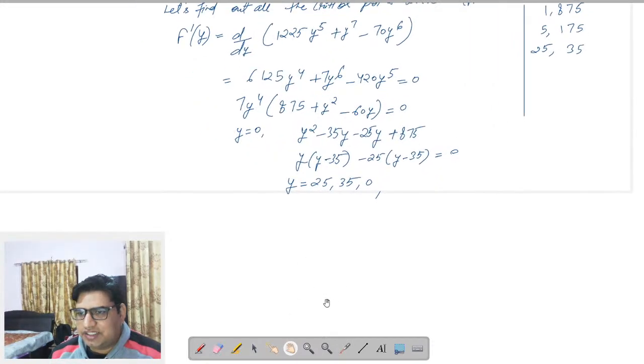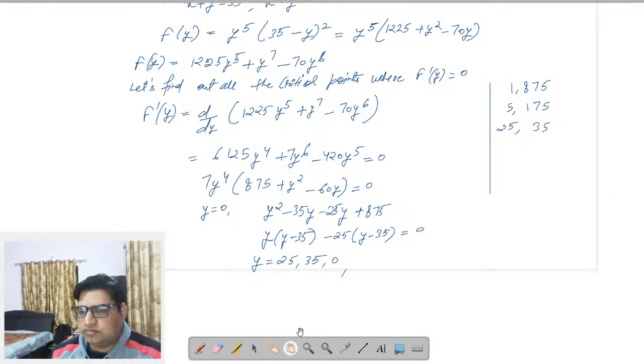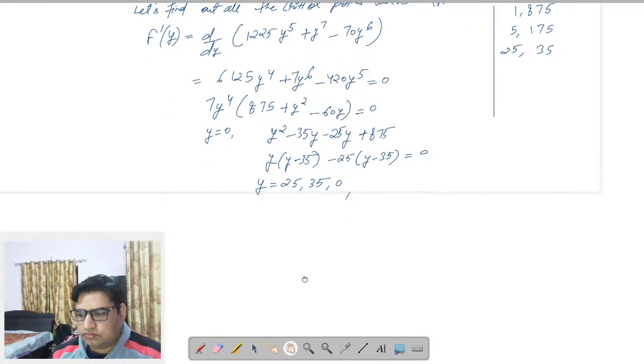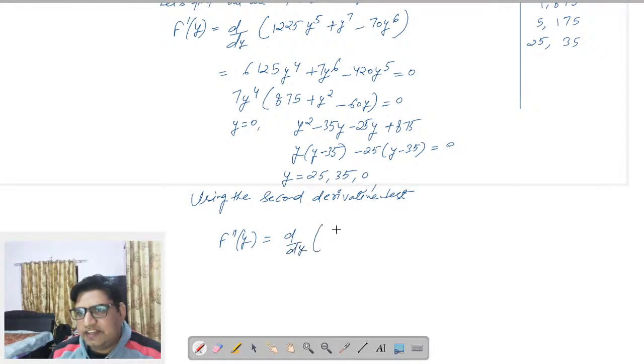And we are supposed to find out the value of the function at these 3 points. ठीक है, तो इन पॉइंट्स पे वैल्यू निकाल लेते हैं, देखो. So let's use the second derivative test. So f double dash y will be equal to d by dy of